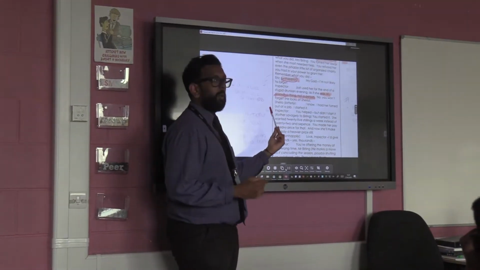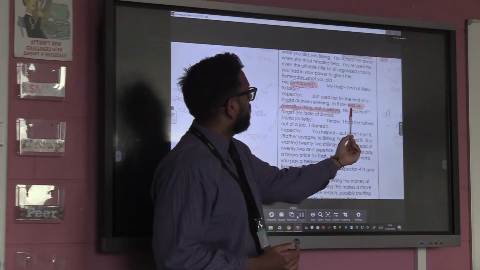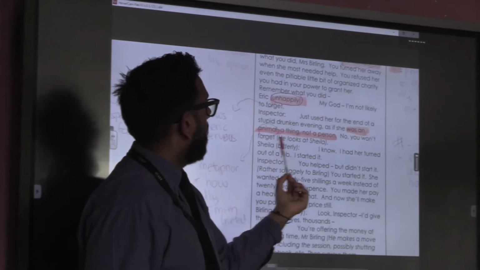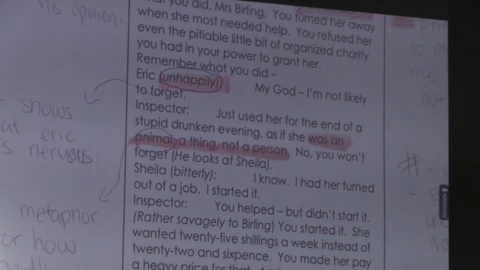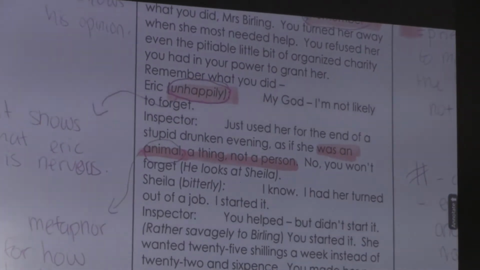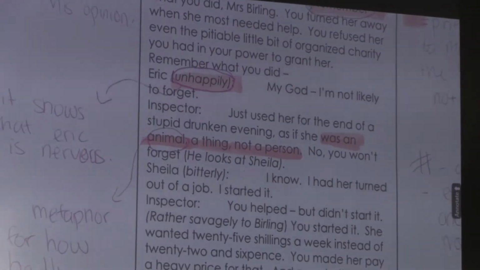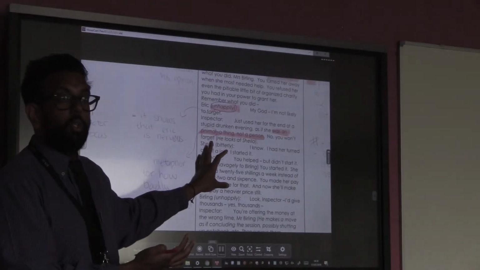This is Lana's, and what Lana's done amazingly well is she's actually highlighted, so she's circled the word animal, okay? She's gone that extra mile, she's labelled it as a metaphor, and she's got the point for how badly Eva Smith was treated. So, you're saying that actually that metaphor is Priestley's way of showing that this really bothers the inspector. So essentially, that particular text mark is everything you're going to need for the question.